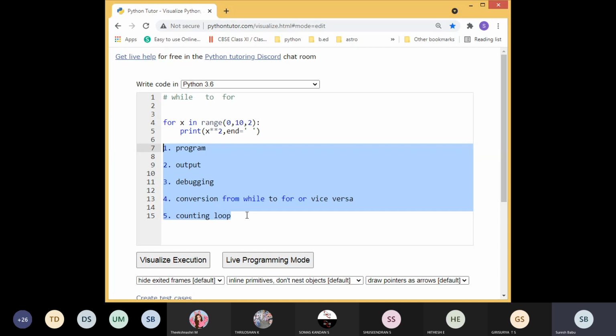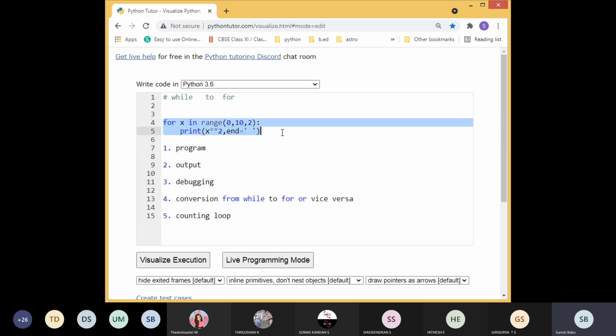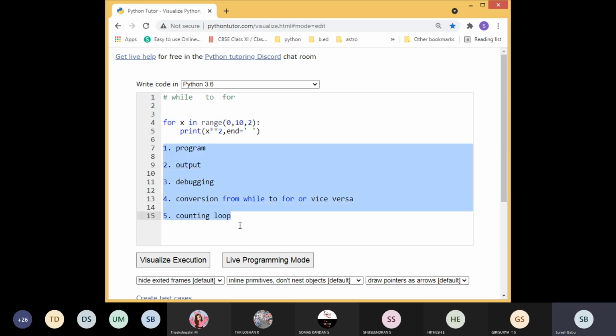I didn't include any debugging program, but the next chapter is debugging. Then we will go for debugging-type programs. I will intentionally give wrong programs and ask you to correct them. I will give the program and the output, but there is some error in the program that prevents it from producing that output, so that you can correct the program and give the correct solution.